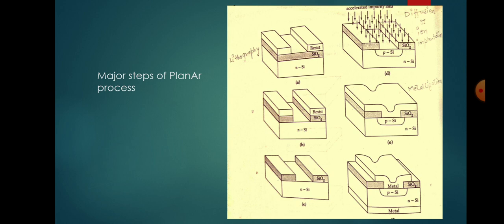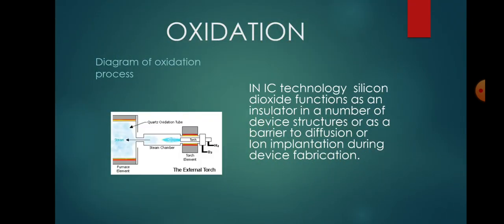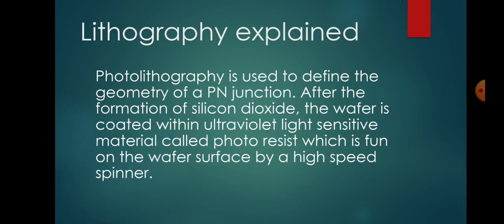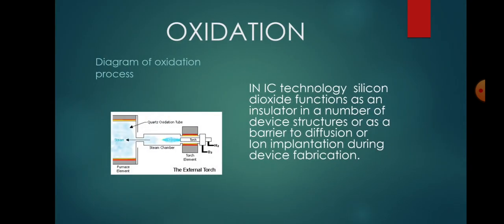There are two silicon dioxide growth methods, that is dry and wet oxidation, depending upon whether we use dry oxygen or water vapor for depositing the oxide layer. Dry oxidation is usually used to form thin oxides in a device structure because of its good silicon dioxide interface characteristics, whereas wet oxidation is used for thicker layers because of its higher growth rate.